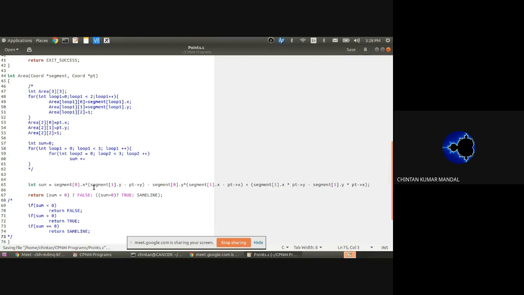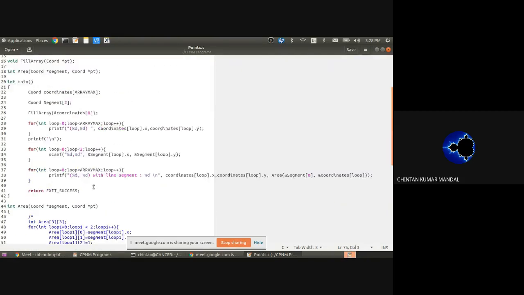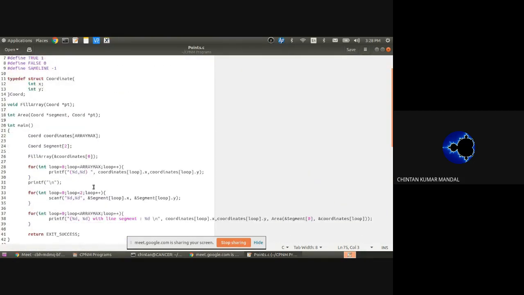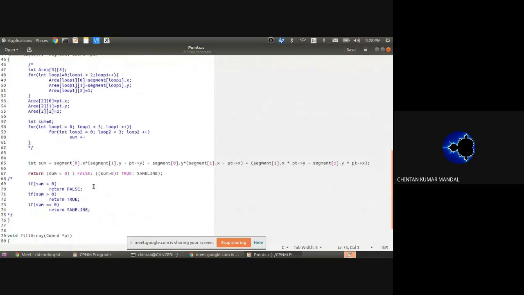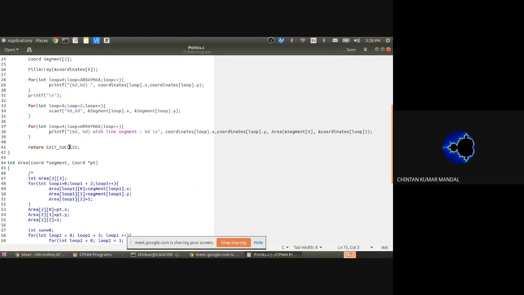Okay, আচ্ছা, এটাতে আর কি করা যেতে পারে? What are the things I can actually work with? What are the other things which I can do? So let's take for example with line segments, printf %d. So this can be again %s. Now this one will be